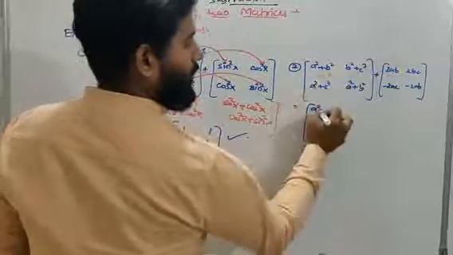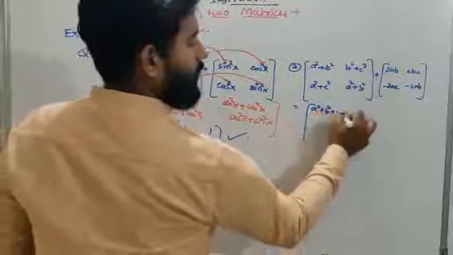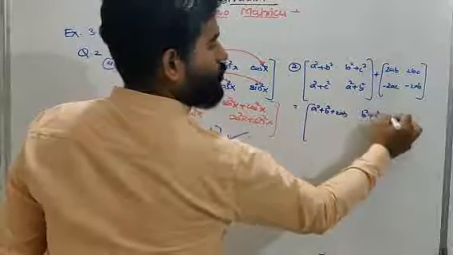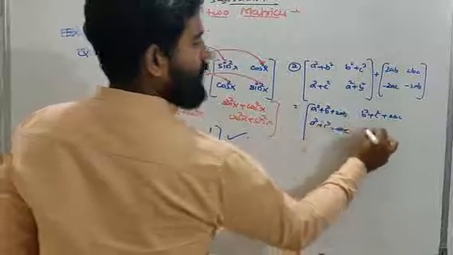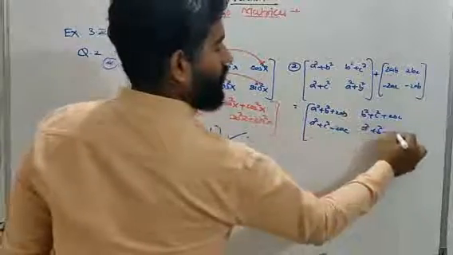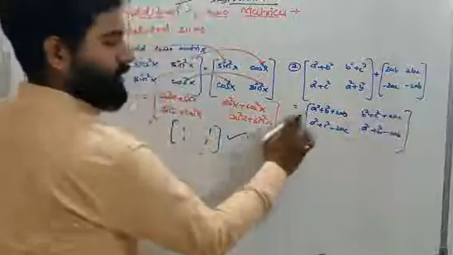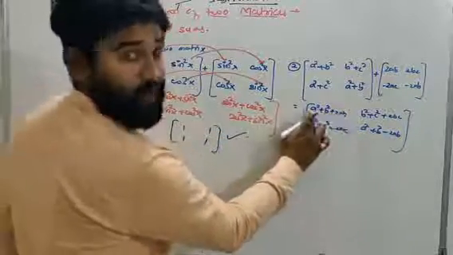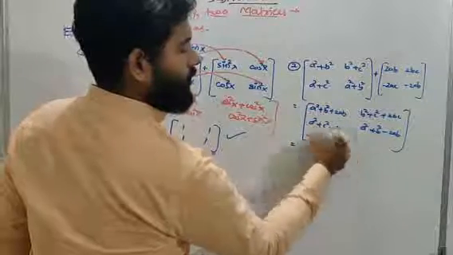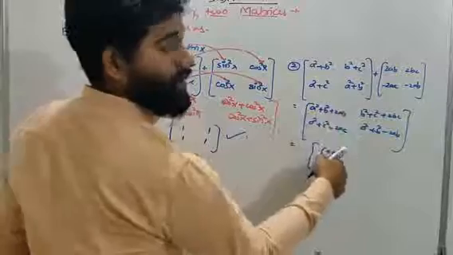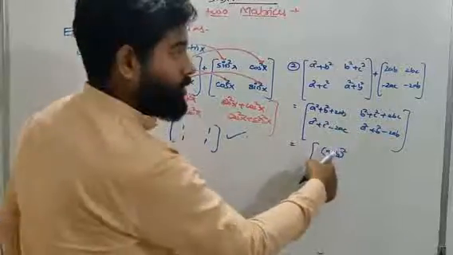so I will write 2ab: a square plus b square plus 2ab, b square plus c square plus 2bc, a square plus c square minus 2ac, a square plus b square minus 2ab. So if you see, this is all property. A plus b whole square is a square plus 2ab plus b square, so it is going to be a plus b to the whole square. You can write a square plus 2ab plus b square as a plus b whole square,